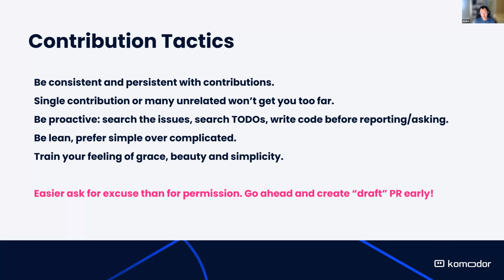Just go ahead and create a draft pull request. GitHub has this feature. With an incomplete feature, you just wrote your first line, create a draft pull request, and you don't have to explain anything. As a maintainer, I will see it's a draft, but you are already showing me your work. So I can track it, and I can review it early and say, hey, you are doing it wrong, please do it this way or that way, so you will not waste your time. If you're doing a lot of work without telling anyone, it's bad. You have a high chance of failure. Don't do that. Show your code early. Just do it. I see a lot of times people coming and saying, please assign the issue to me. Don't waste your time.